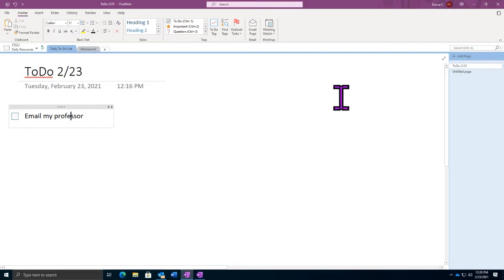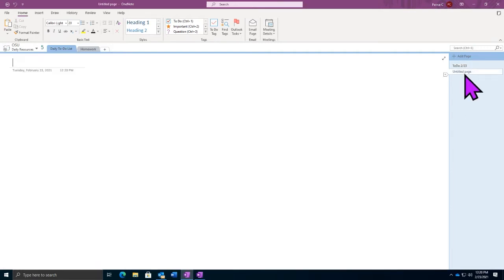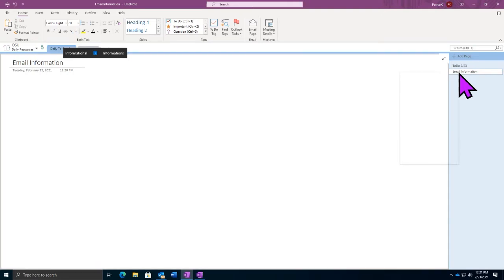Now, if we were to interact with another page here and say this was related to our to-do list for 2/23, we could have this page contain the information that we want to email our professor about. So email information. Now, if these two documents or these two pages are related to each other, I can right-click on any